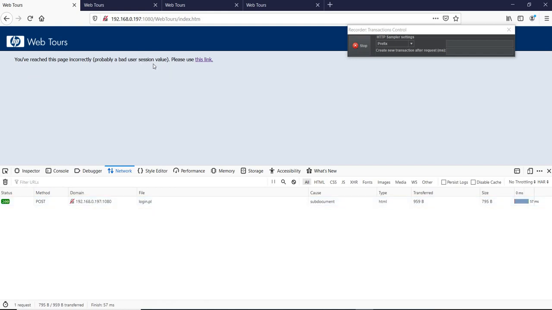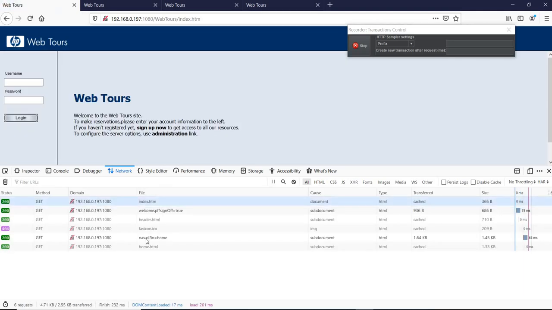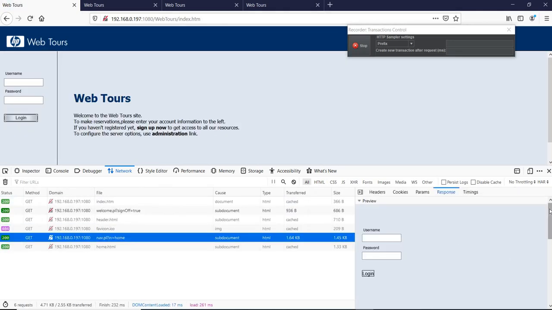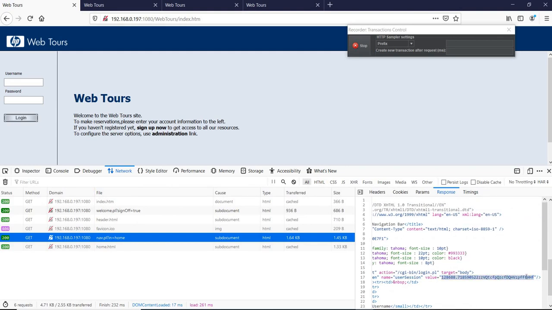So it says that the user session has a bad value. Why does the user session have a bad value? Because we have already waited for so much time, right? So how can we cover it? I will go again to the response. I will copy the user session quickly so that it does not